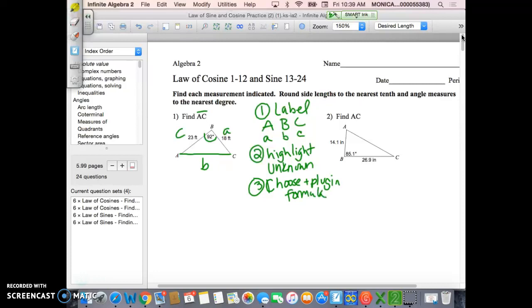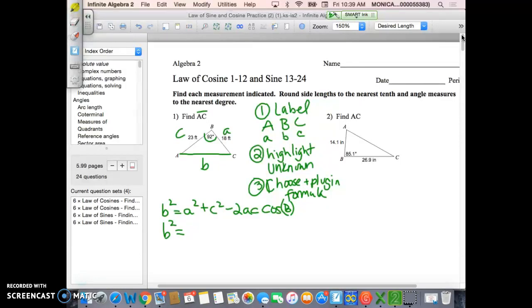So in this case, I'm looking for B, so I'm going to choose the formula where B squared equals A squared plus C squared minus 2AC, the cosine of, in this case, big B. All right, so B squared I don't know, so that remains B squared. And you should be thinking in your mind, oh, it's B squared. So the very last thing I'm going to have to do when I do these problems is take the square